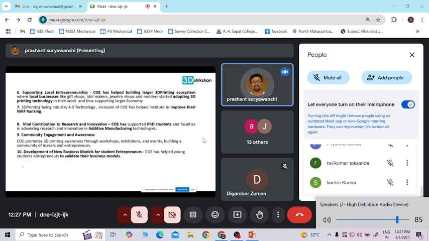Then research and innovation, definitely there are a lot of applications we are going to touch, and basically 3D printing workshops and exhibitions. So it will promote community engagement, and you can create a lot of entrepreneurs. You are the torch bearer as a faculty, and definitely it is going to shine, right? Whatever business idea students have, if you guide them, they can validate their business idea working with the surrounding ecosystem, and then a lot of patents, innovative products, innovative startups, all of this falls in line.